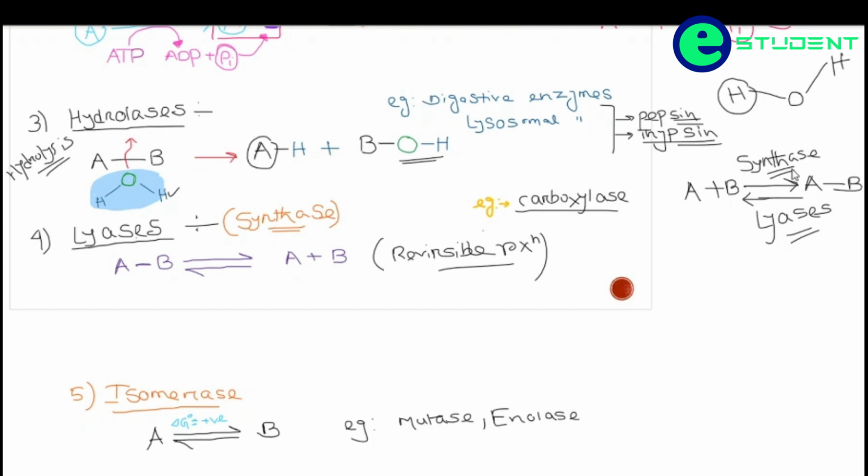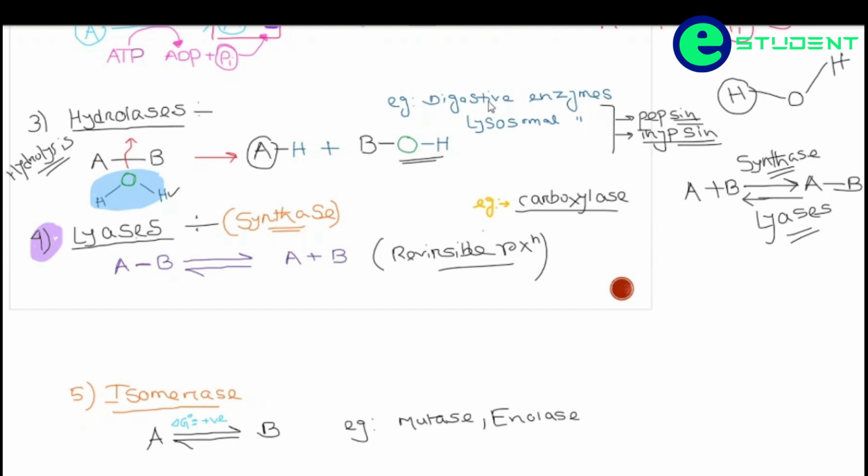From this phenomenon you can get an idea why the naming of enzymes is so important. If there was no naming of enzymes, then lysis and synthesis would be different kinds of enzymes, but after the naming by IUB, these lyases or synthases are categorized under the same kind of enzyme. I mean, they all have the EC number 4. I am coming to that EC number in a later part of my lecture.